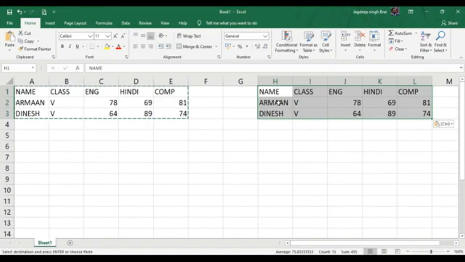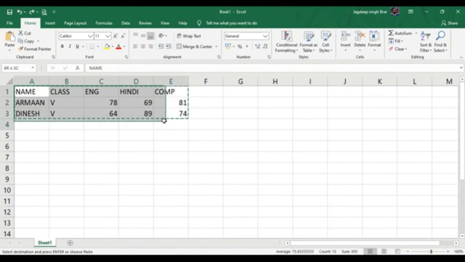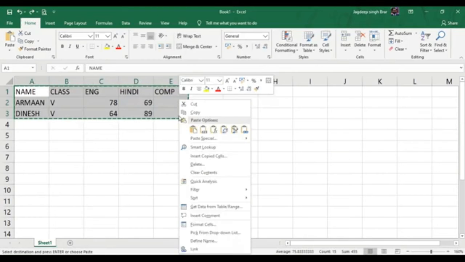Second is using the context menu. Just undo this information again. First you need to select the information, then right click and select the option Copy from the context menu.